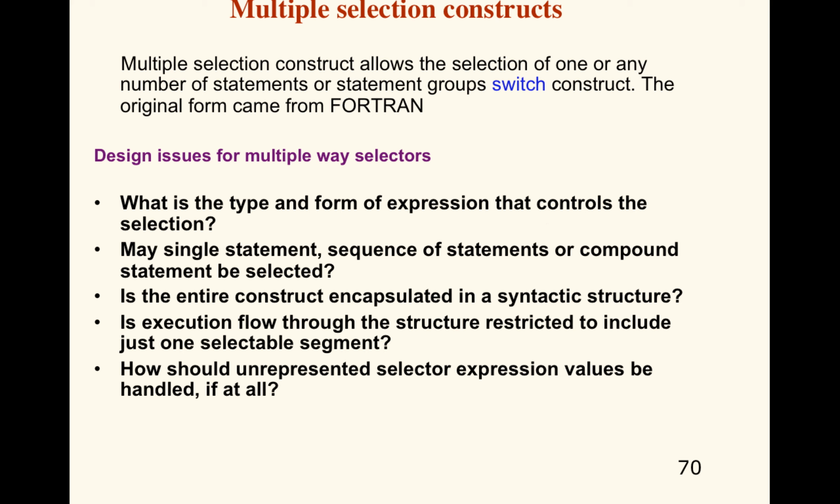And then we have the multiple selection constructs. Well, this is the case switch. In most languages, they group the switch construct together. It originally came from Fortran. It's in Java and C and C++. The switch is going to switch between different cases, and some design considerations. This is a multiple way selection, which means you can have multiple outs.